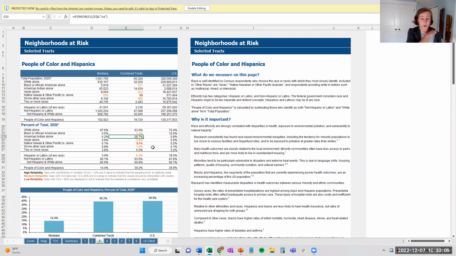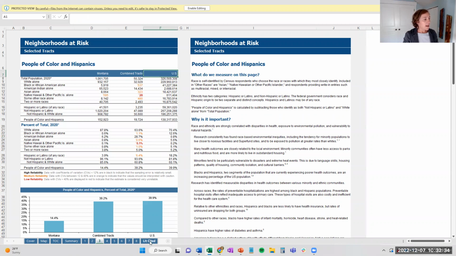So in places with a high share of mobile homes, a high share of rental housing, and a lot of flood risk, almost 30% of the people are Native American. That's compared to 8.8% of the United States population in total. So we are not only providing data about the places that you filtered, but the entire community you selected and the entire United States to serve as a benchmark for comparison.